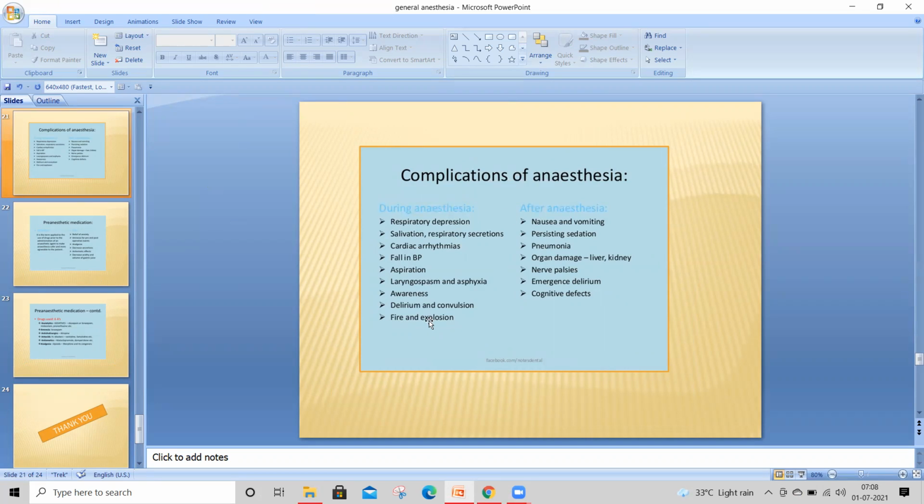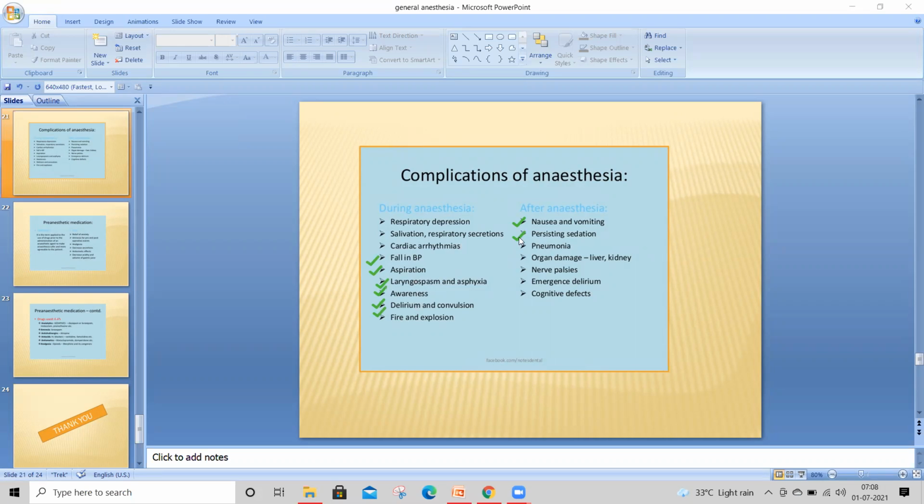When given as anesthetics to the patient, there may be chances of respiratory depression, salivation, secretion, fall in BP, hypotension, aspiration, laryngospasm, awareness, delirium, convulsions, and fire or explosion. These conditions may be there during anesthesia, and after anesthesia there may be chances of nausea and vomiting,